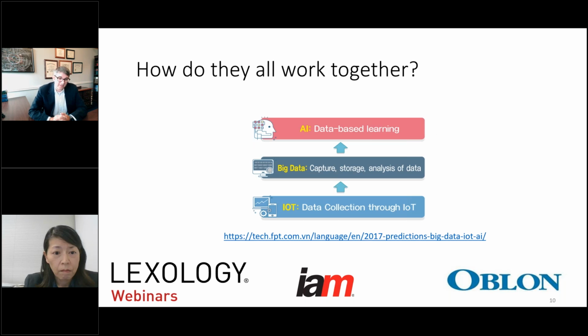So we ask, well, how does this work together? I've kind of mentioned it, but AI needs big data, and big data can be operated through IoT. So you have Internet of Things, you have Internet of Medical Things. These type of small devices that generate data are absolutely necessary to create this database learning that AI operates on.